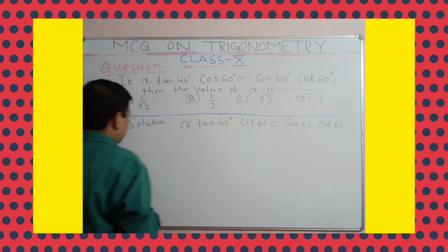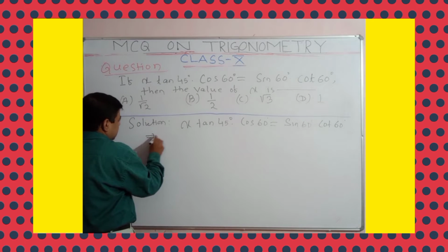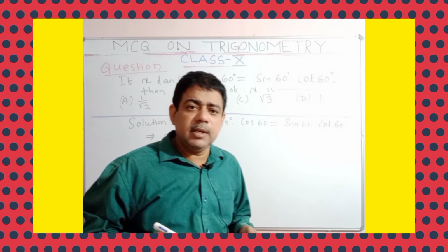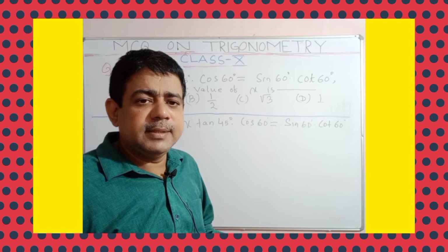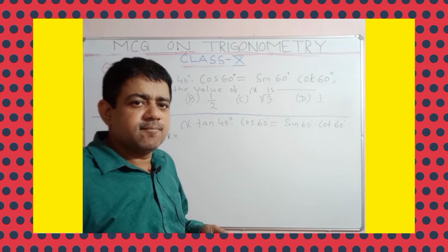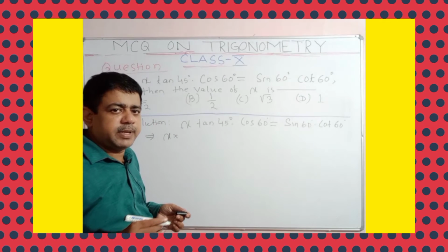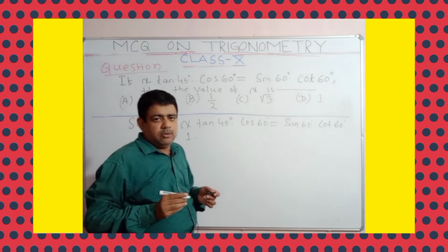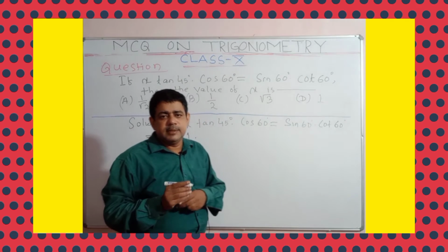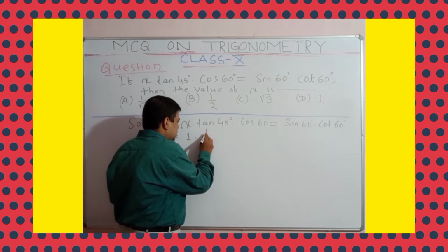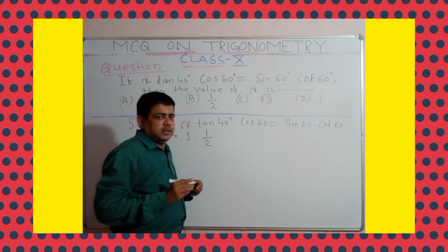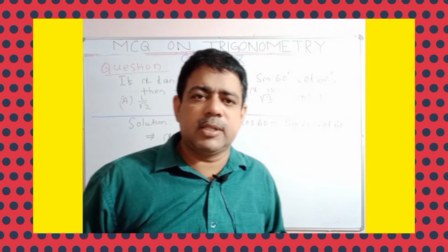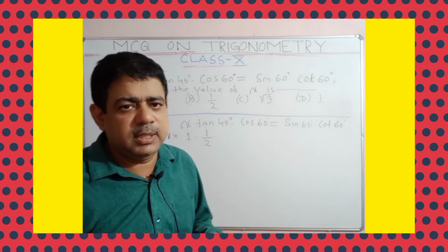So let us use the value of tan 45 degree. So x into tan 45 degree. Yes, you say. What is the value of tan 45 degree? Yes, tan 45 degree is 1, into, what is the value of cos 60 degree? Yes, 1 by 2. Understand? And I have already explained a short trick on how to remember the trigonometric ratios in a separate class. You can see it once again.